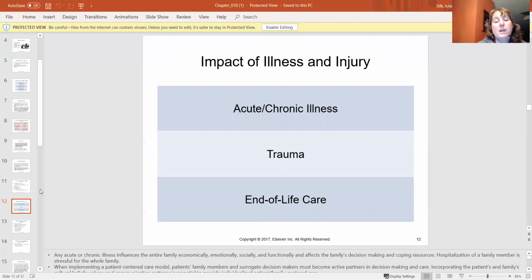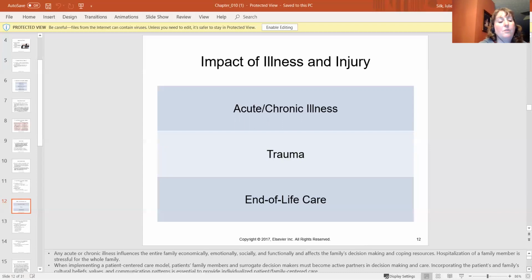So there are some impacts of illness and injury to the family. Any acute or chronic illness influences the entire family economically, emotionally, socially, and functionally, and also affects the family's decision-making and coping resources. Hospitalization of a family member is stressful for the whole family. When implementing a patient-centered care model, patient, family members, and surrogate decision makers must become active partners in decision-making and